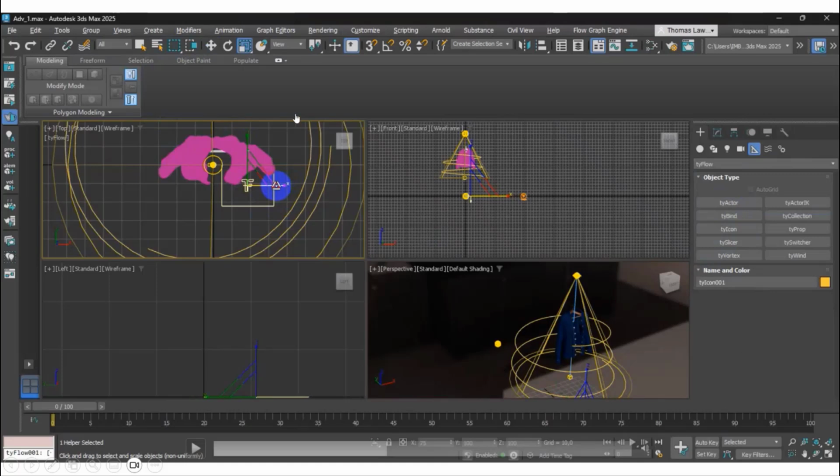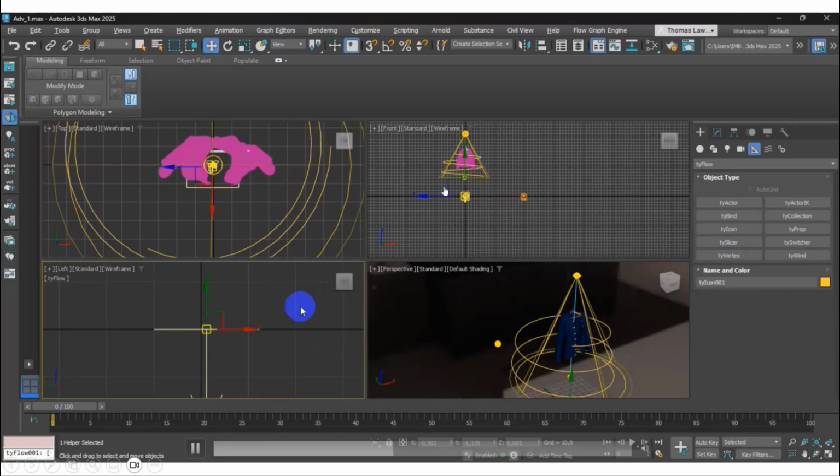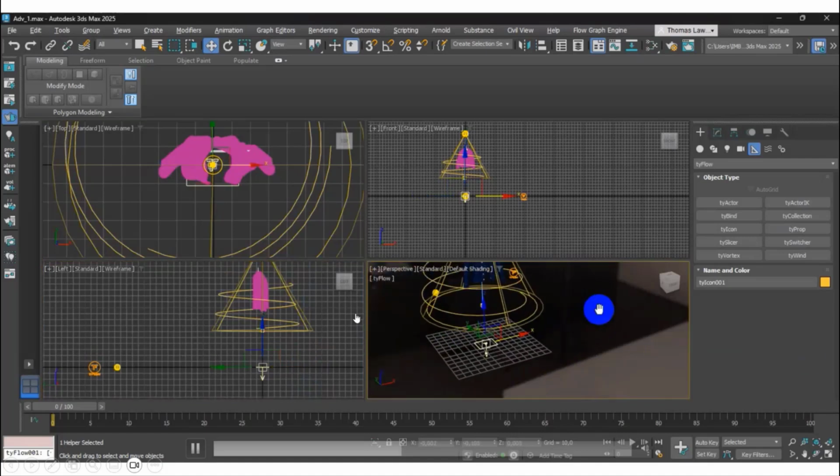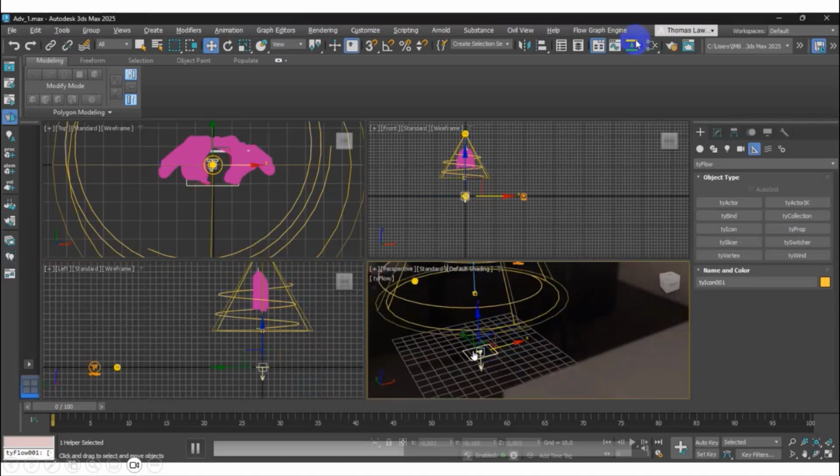Remember, in the first video I showed you, because we are creating from the template, once we get the template, there is the TyFlow icon. You need to drag the TyFlow icon, then you can add another TyFlow. The icon is the position, which makes it easier now. The particle starts from the TyFlow icon.